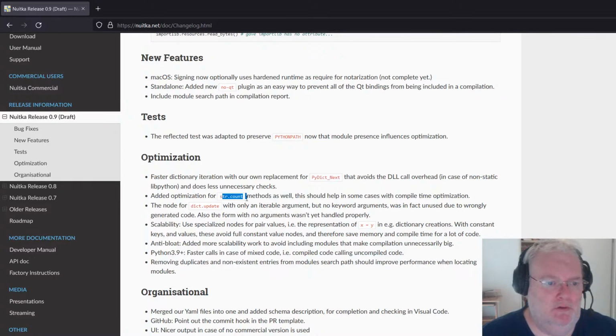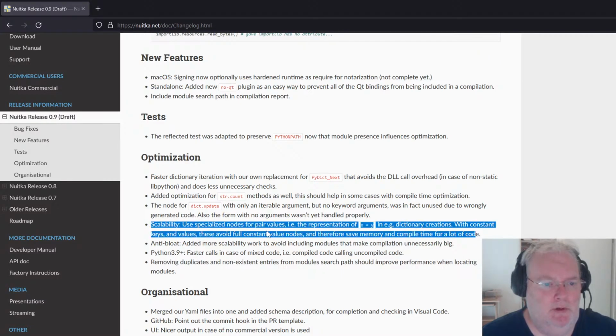Stroke count, I tried to complete it a bit. So I have most of the functions, and I actually started working on str.format, but I stopped on that end because I noticed that the call code needs to become reusable. And this is tying in with the next bit of thing.